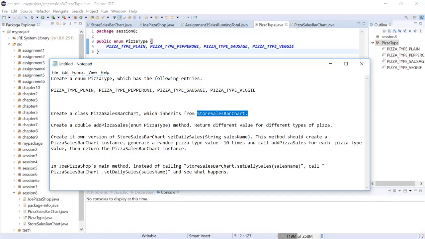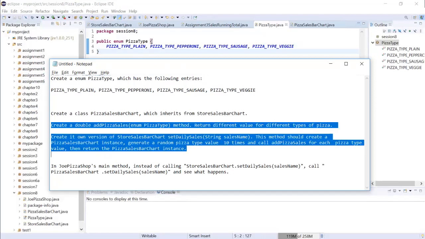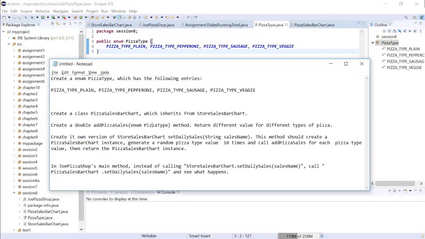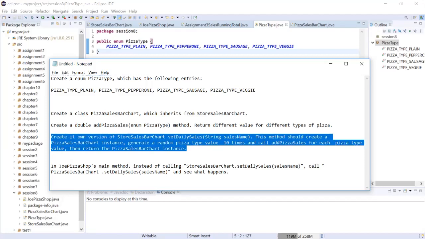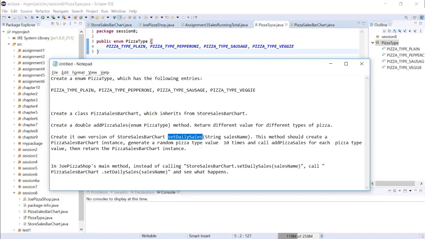Then we need to create a double addPizzaSales. Based on the pizza type, we provide a sales value to the sales amount. Then create your own version of StoreSalesBarChart's setDailySales. This method should create a PizzaSalesBarChart instance, generate a random pizza type 10 times for each pizza type from this list. We will call addPizzaSales for each pizza type, then return the PizzaSalesBarChart